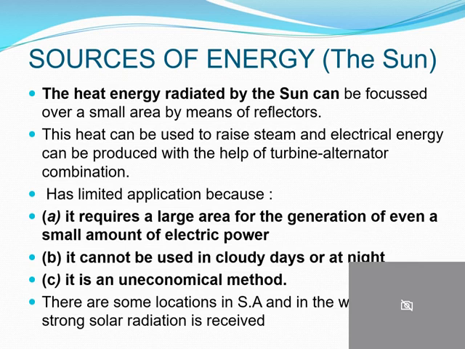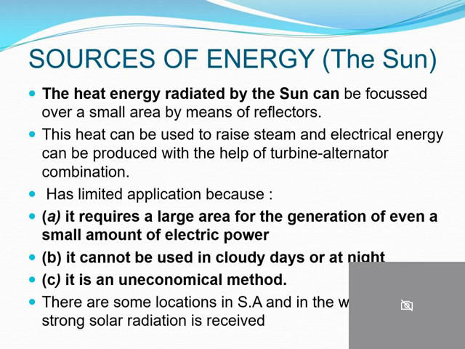Unfortunately, the sun has got limited application because firstly, it requires a large area for generation of even a small amount of electric power. Then it can't be used on cloudy days or at night. And it is an